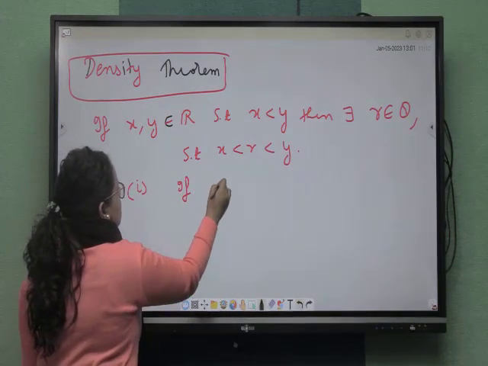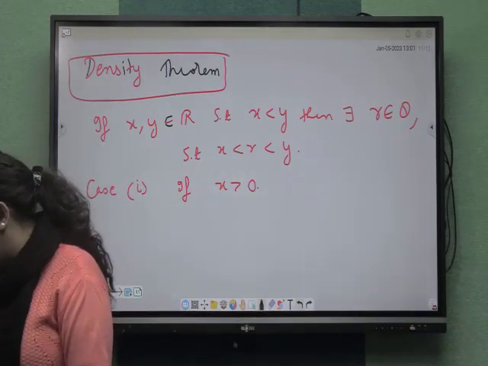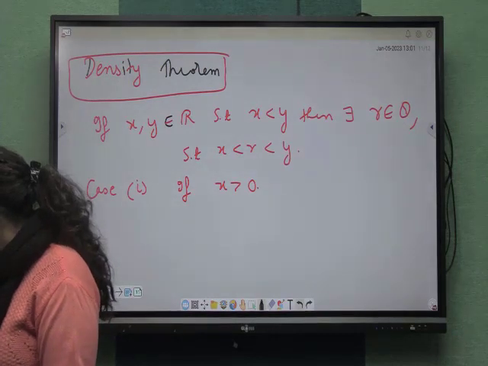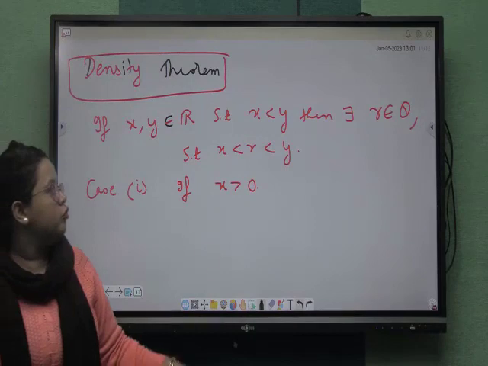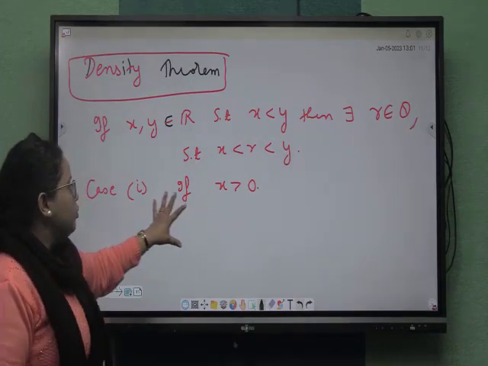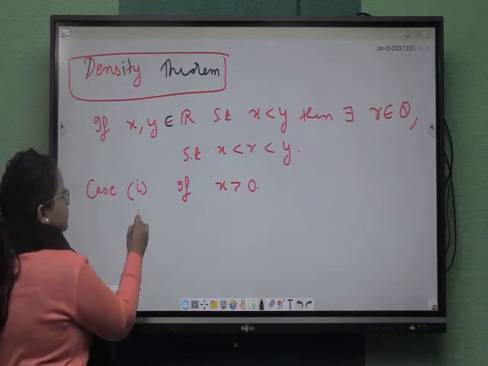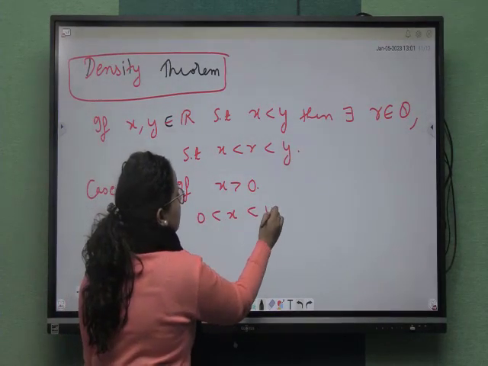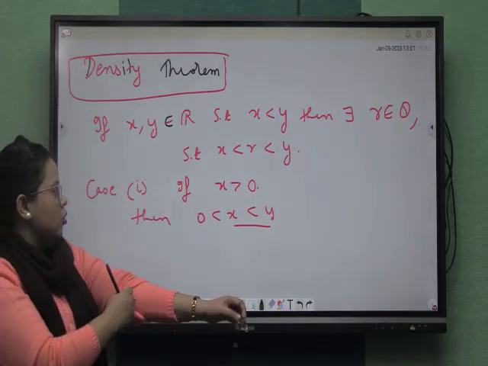If x is positive, then... let me do it my own way, because here we don't follow the book much. I do my own proof. If x is greater than 0, then we have this condition: 0 is less than x is less than y. This is given already, and x greater than 0 we have assumed. Okay, then